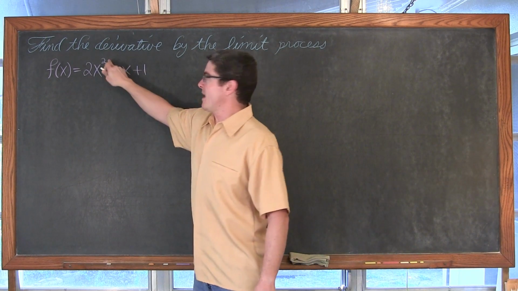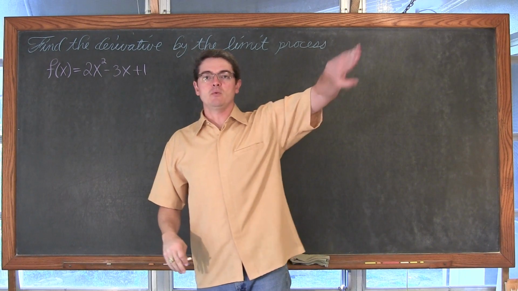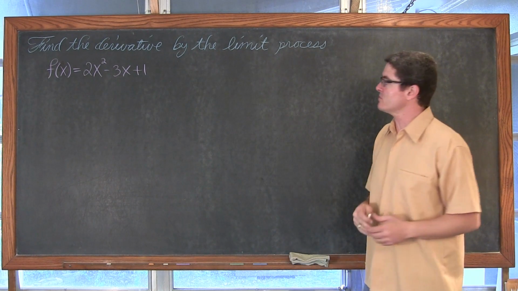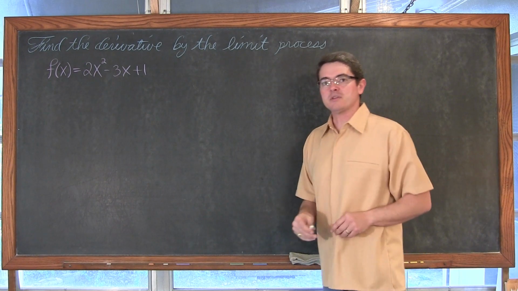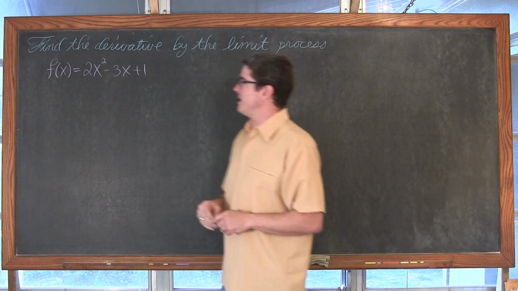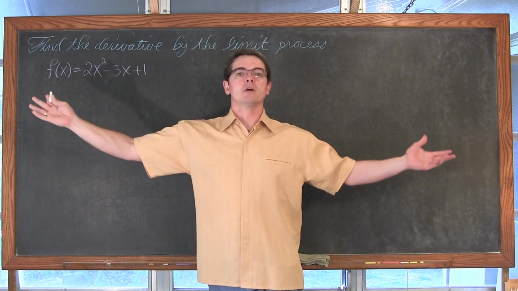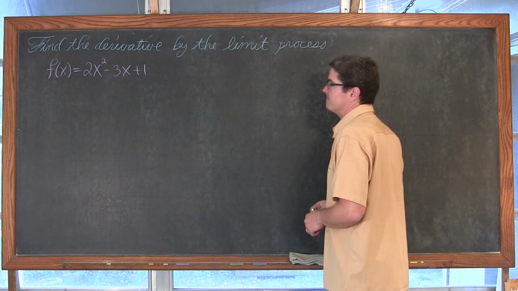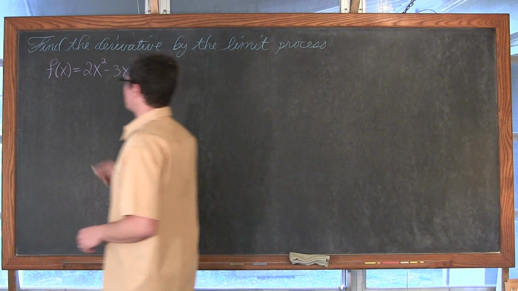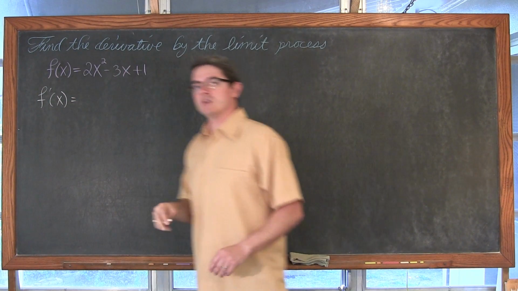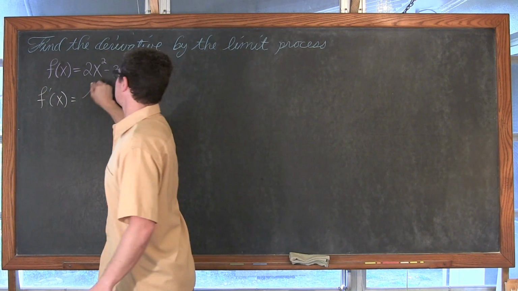This is a parabola. We know parabolas to be smooth and continuous through the entire domain of all real numbers. So no problem with this having any issues with being able to find the derivative. It's going to be differentiable among all real numbers, from negative infinity to positive infinity. So f prime of x, or the derivative of x, is going to be equal to the limit as